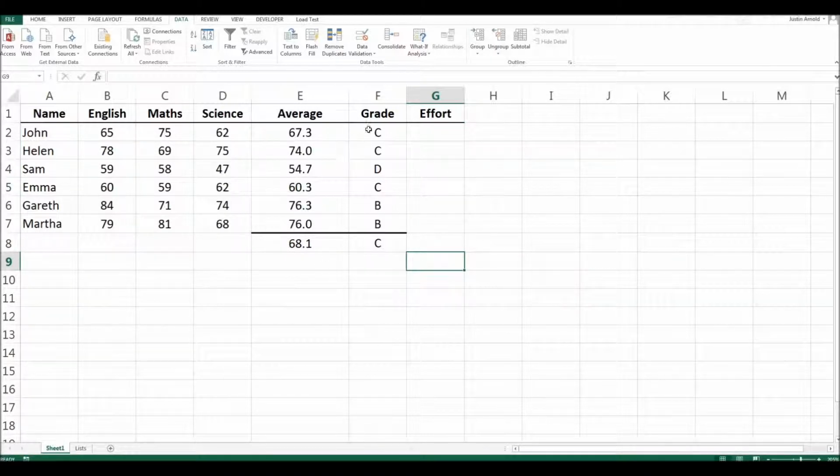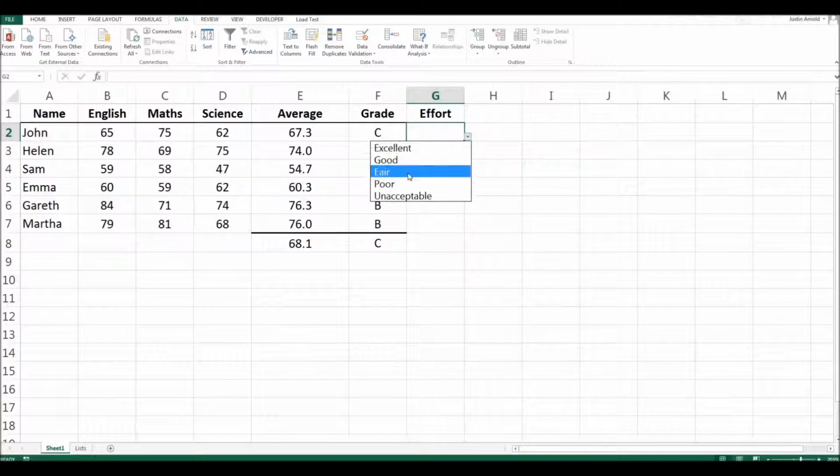Nothing appears different except when we click on one of these cells. The moment we do click on a cell, a little drop down arrow appears next to it. That'll happen for any of these cells. And if we click on that arrow, there's our list. We can now choose the option that we want, and we can do that for all of these students, choosing